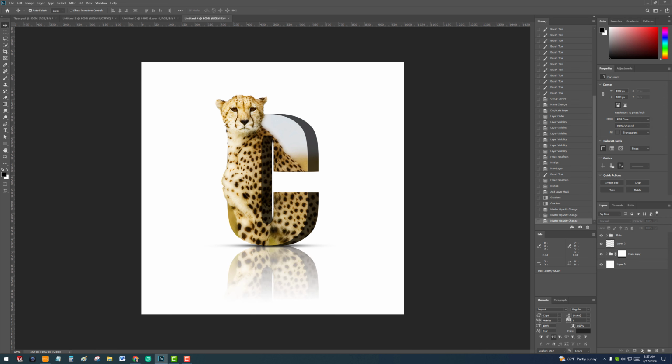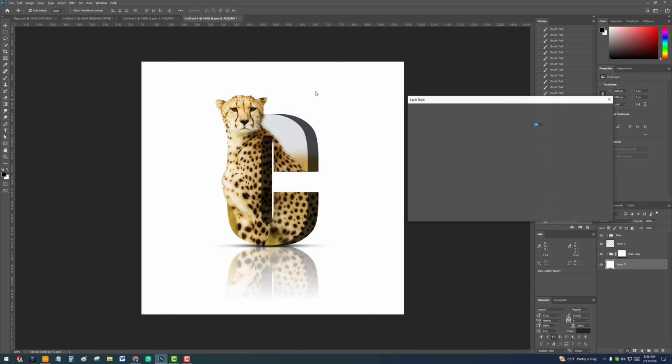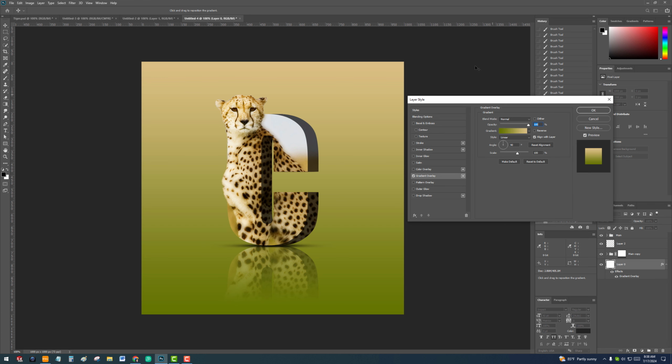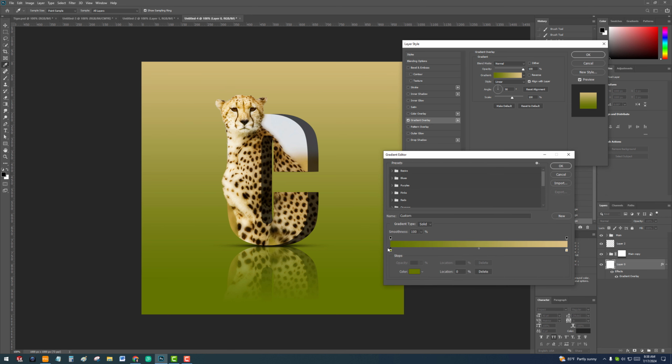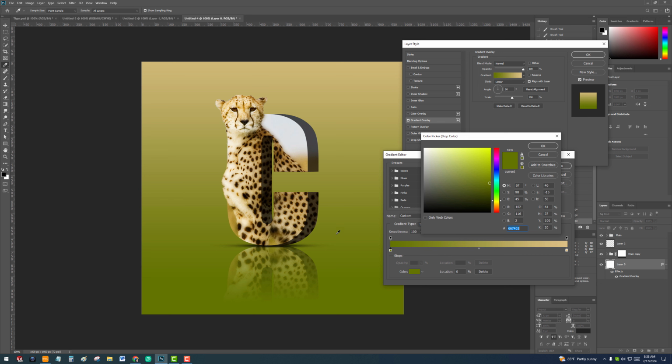Okay, now I will make a background image. Now I will make the gradient background. To do this, I am selecting the background and going to effects button to add the layer style, going gradient overlay, and yeah, you can change the color from here. Maybe you can change the color to, yeah,